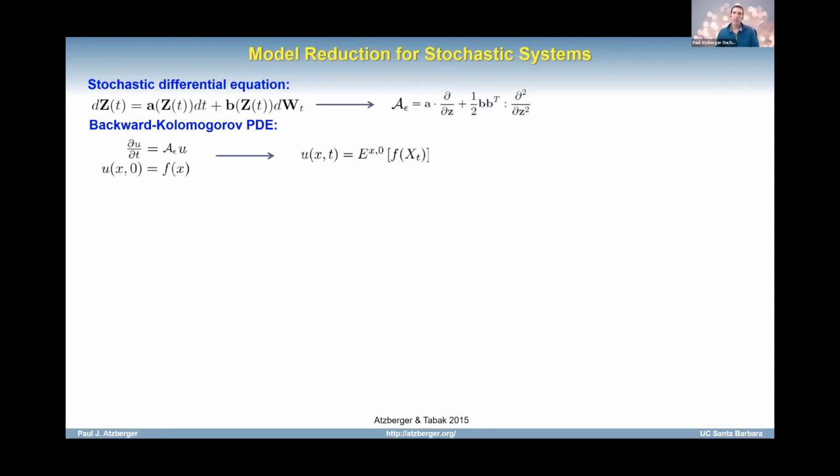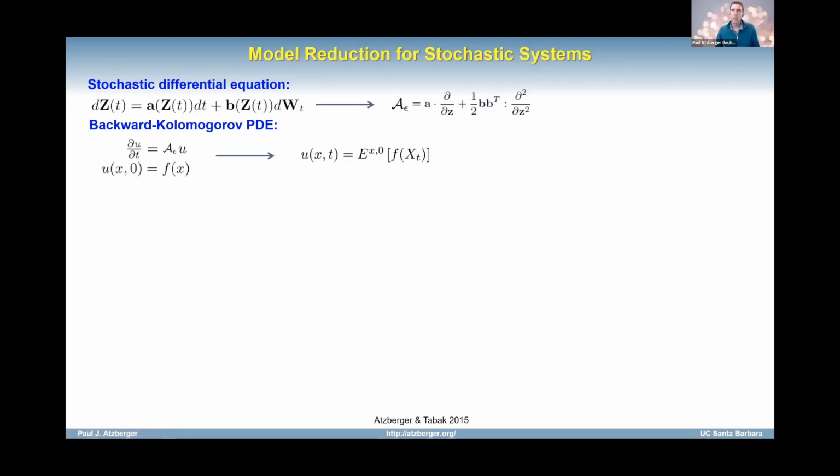If I choose that f, it turns out that this statistic over time satisfies the following evolution equation. At time 0, because if I start and I stop the process at the same time, that'll just be evaluating f of x. But then as I go further in time, I get the averaging with respect to the process. That's going to satisfy this little PDE that I'm writing here on the left. And so this is called the infinitesimal generator because it generates all the statistics.